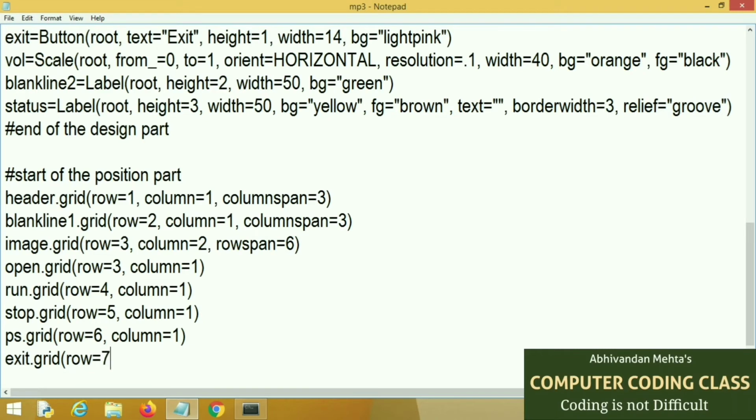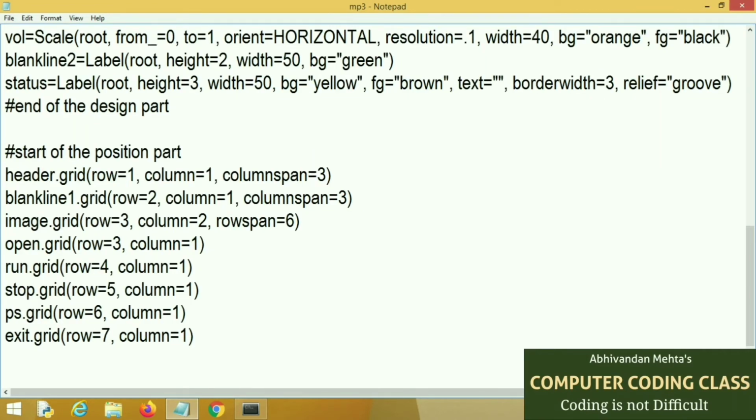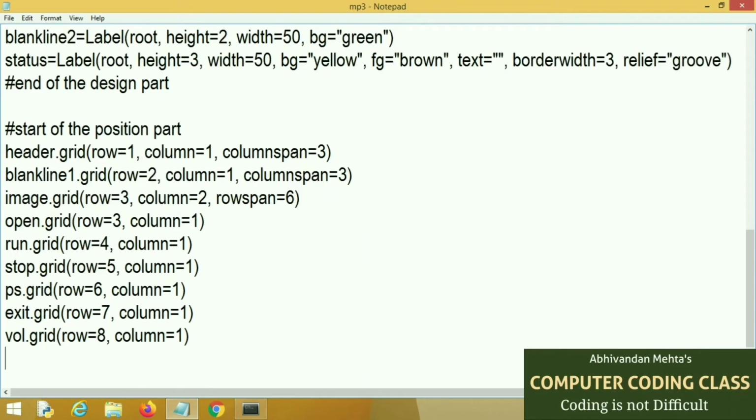After exit, I will place the volume control. It is also in the same direction where I am placing all buttons. Row at column first. Next, I will place blank line 2. Our last component is status that will be placed in the 10th row.